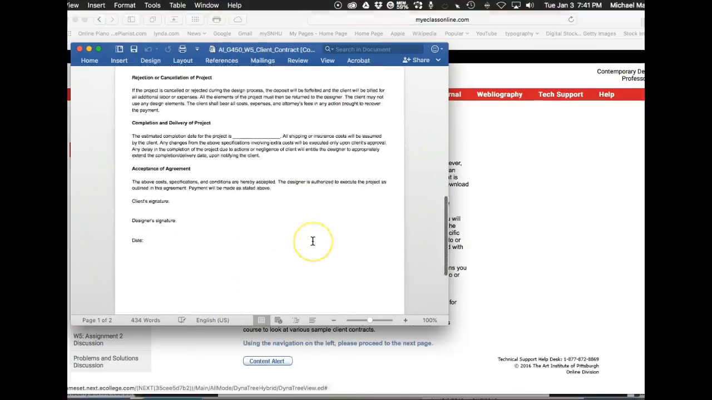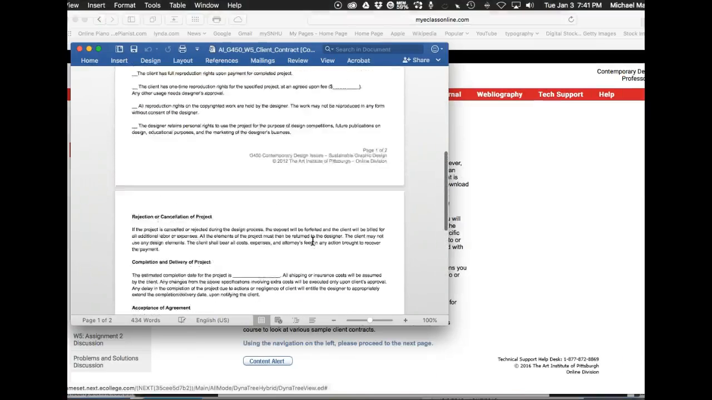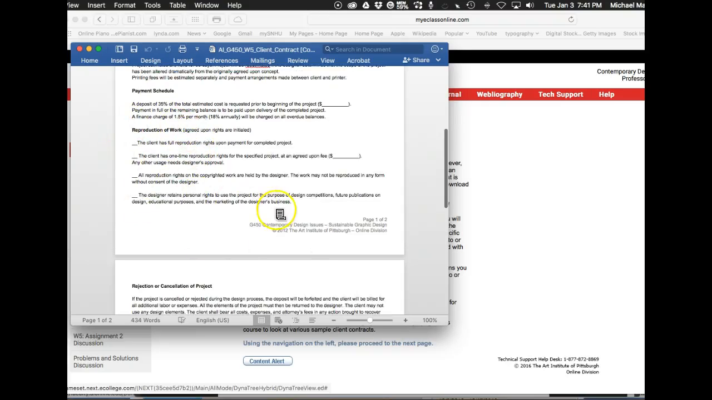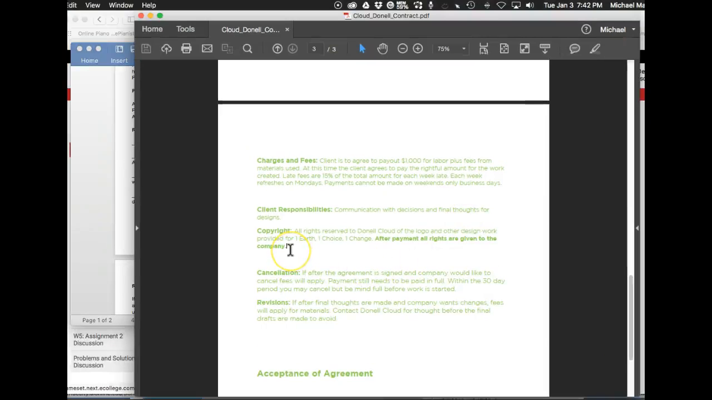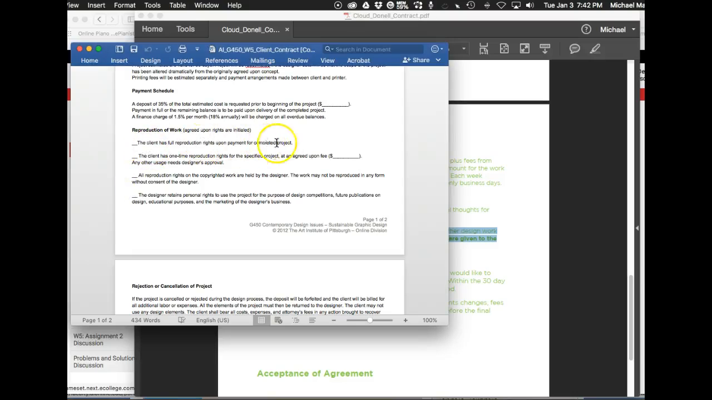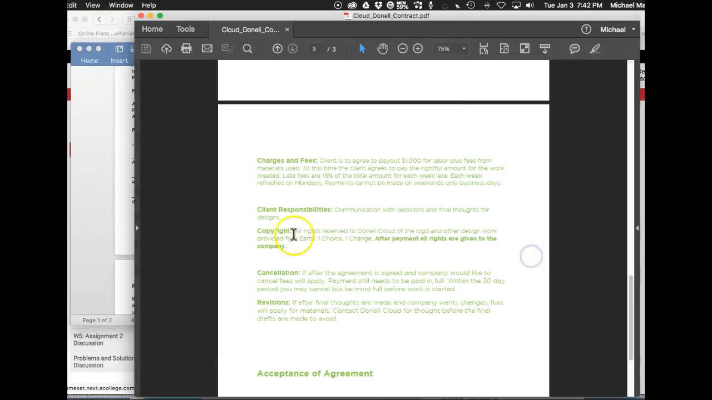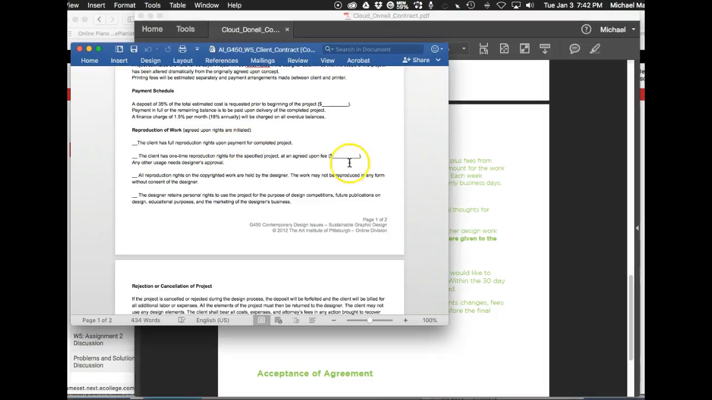And I use this one myself in a lot of my design work, a lot of my smaller jobs. So it's got everything you need, especially this really cut and clear reproduction of rights, assignment of rights, so that if, for instance, your company used this inappropriately, it would be a lot easier to decipher wordage like this. Client has full reproduction rights upon payment for completed project. X that, you're doing the exact same thing you said right here, but it's just in a much more succinct